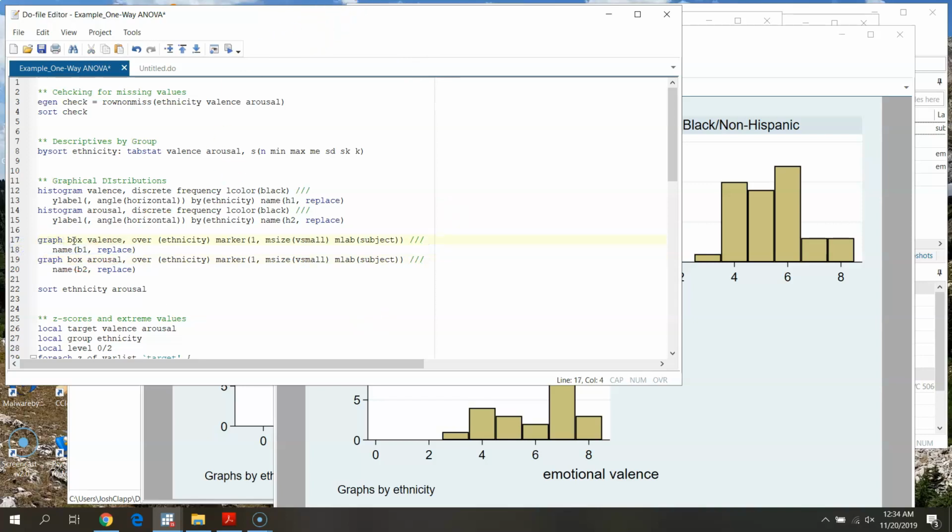So again, we've got our graphing, our box plot of valence over ethnicity. So this is just telling it to create different box plots across ethnicity. So we get our grouping value here. The marker option is we're just telling it to make any outliers small in size. Marker label is going to be subject, so we can kind of see who's falling outside 1.5 times the interquartile range, and then we're just naming this again. Okay, so if we go through and run this,